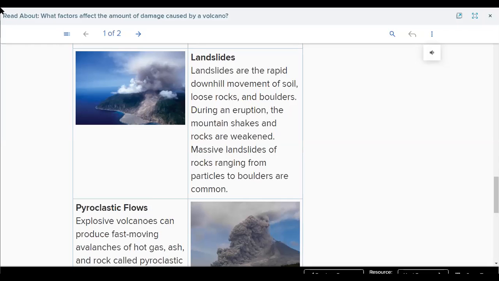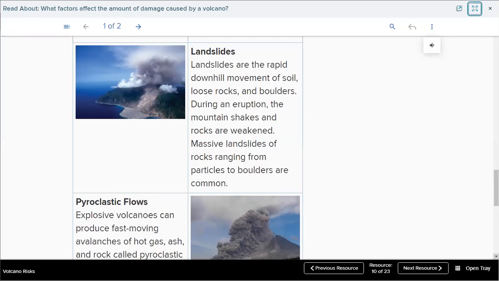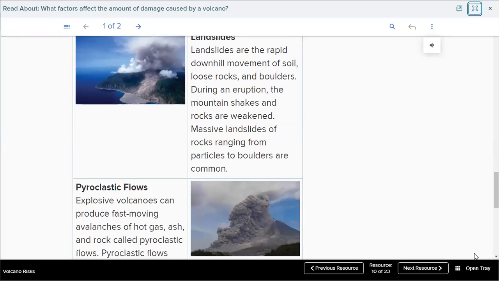The mountain shakes and rocks are weakened. Massive landslides of rocks ranging from particles to boulders are common. So it will make landslides. This is from the hazards and the bad effects of the volcano. Okay, after that,